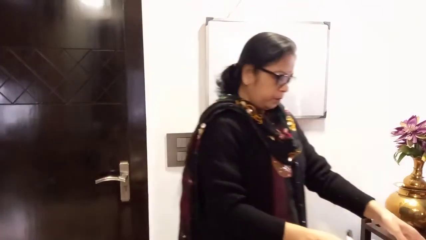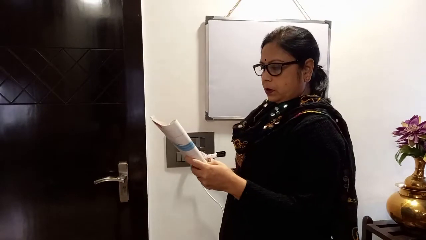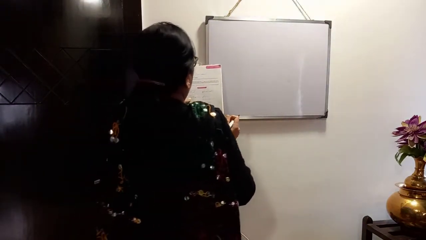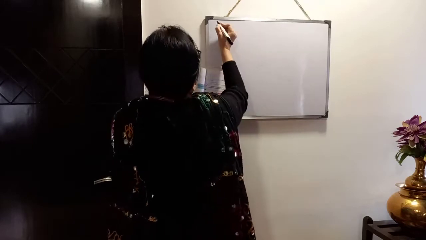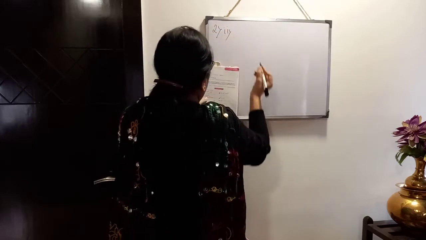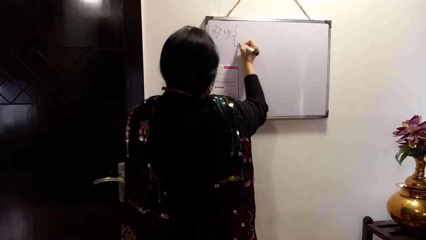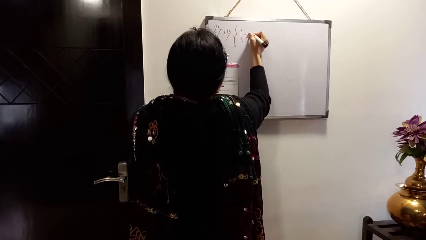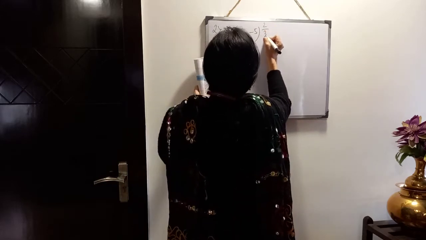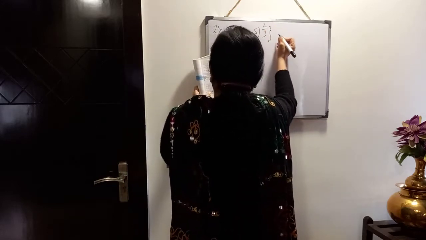Now, continuation of the previous video. Next I will do sum number 2, Roman 2. x to the power minus 5 to the power 2 by 3, then